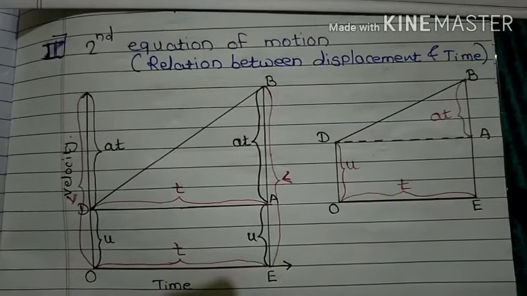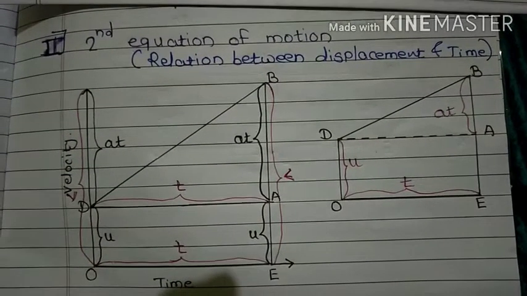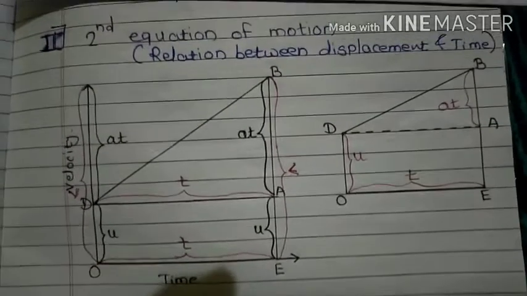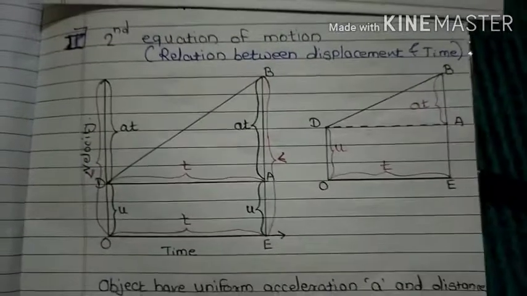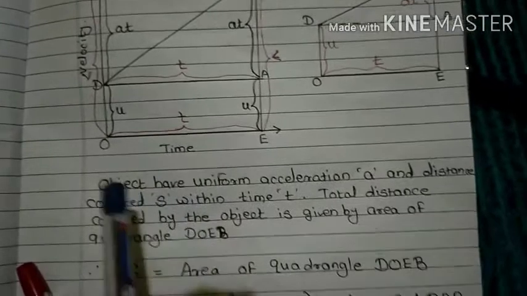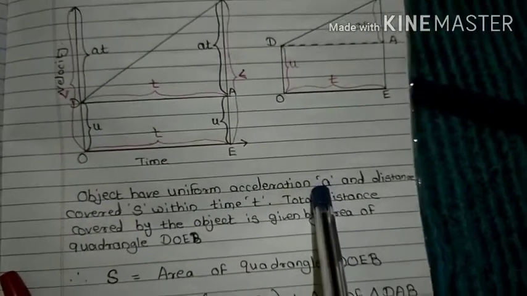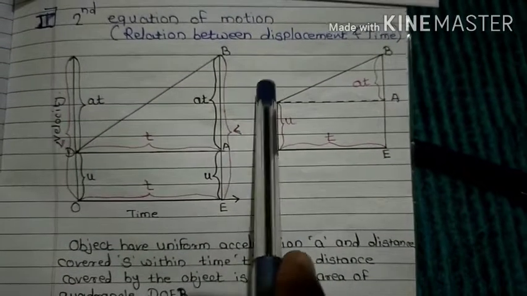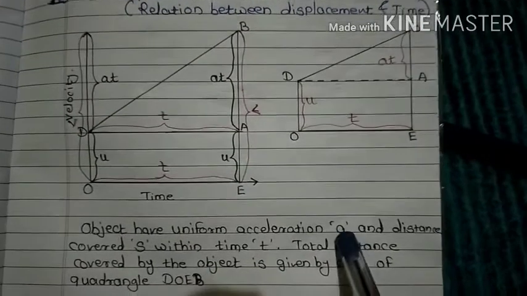The second equation of motion is a relation between displacement and time. So, to derive that equation, we need to know some terms along with this graph. So, what are those? An object has a uniform acceleration a, if the object travels along this path DOEB with a uniform acceleration a